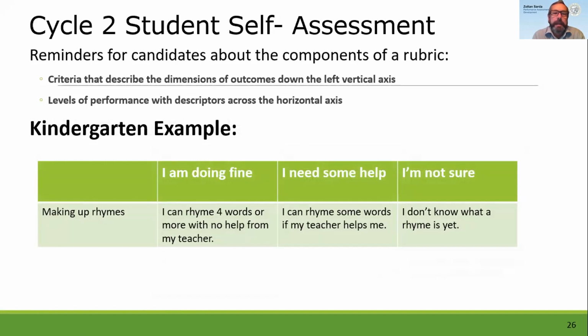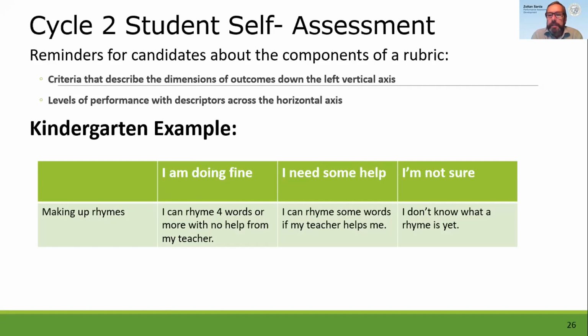So if we go to the next one, for young students, we get a lot of comments like, I teach kindergarten and they don't know how to use a rubric. A couple of things with this. With a younger child, you're going to have much more simple language and a much simpler rubric. So I would not necessarily encourage you to have multiple outcomes listed in one rubric with a kindergarten child, but they can, with support with reading,